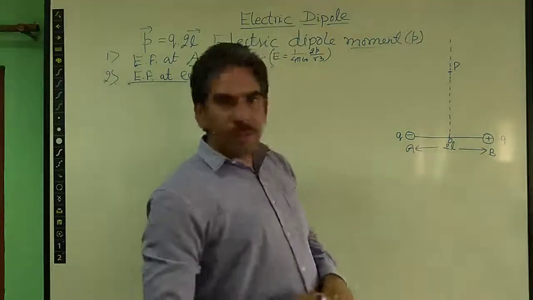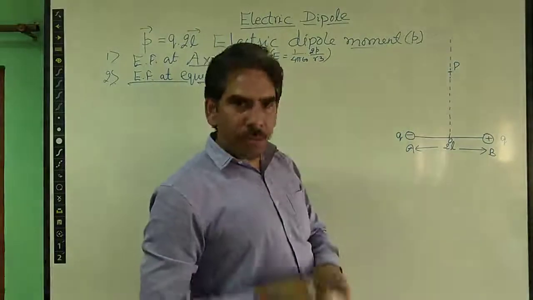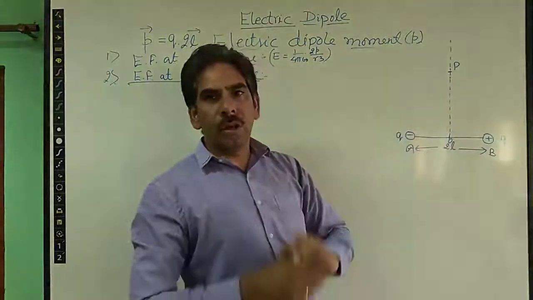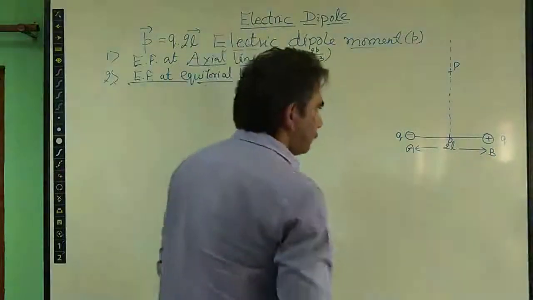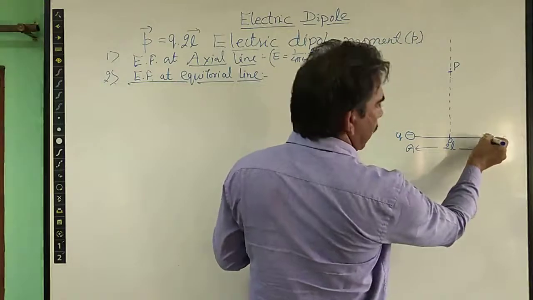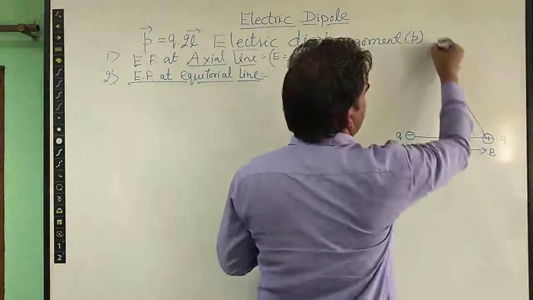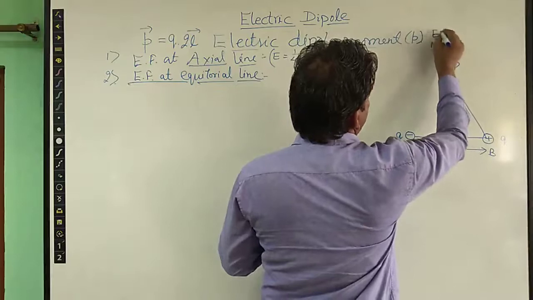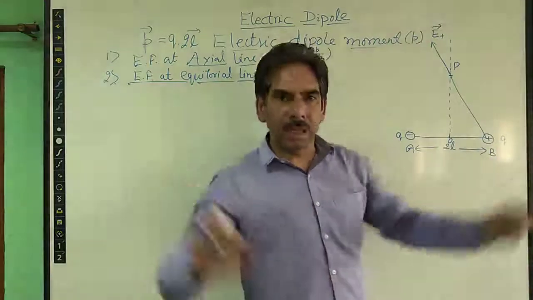Right? So we will proceed in the same manner. We will find the electric field due to negative charge at point P. We will find the electric field due to positive charge at point P, and then we will find the resultant electric field or net electric field due to these two electric fields. So to proceed, suppose that electric field due to positive charge, it will be away from the positive charge at point P. So it will be along this direction. So it is E positive, because the electric field lines or electric field points away from the positive charge.